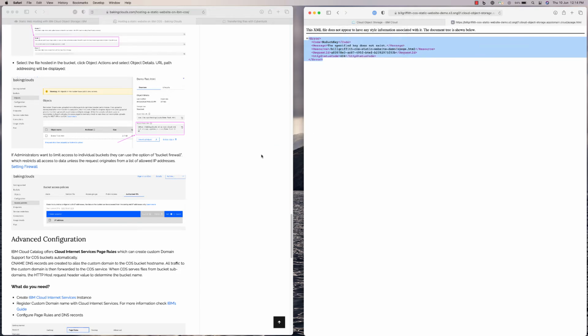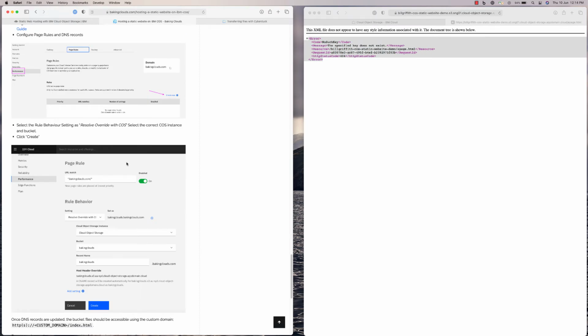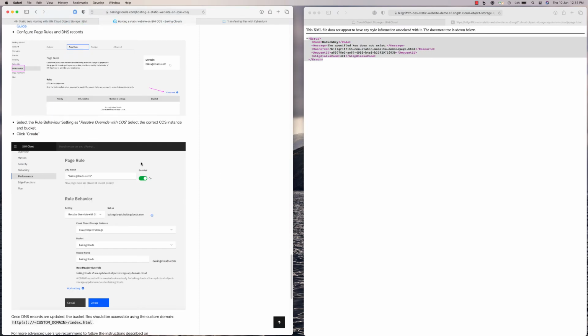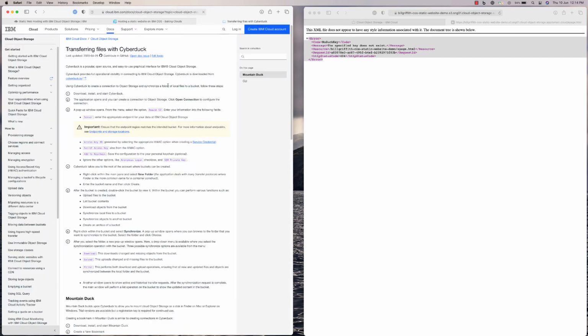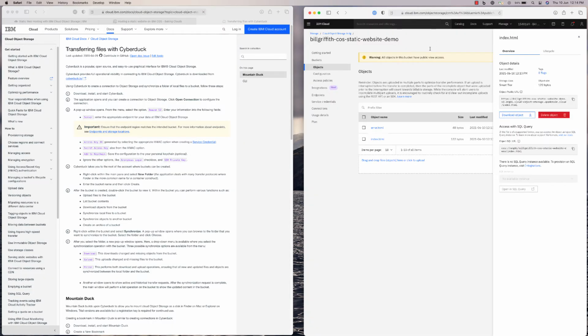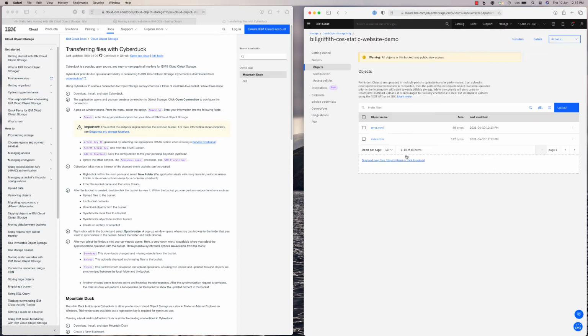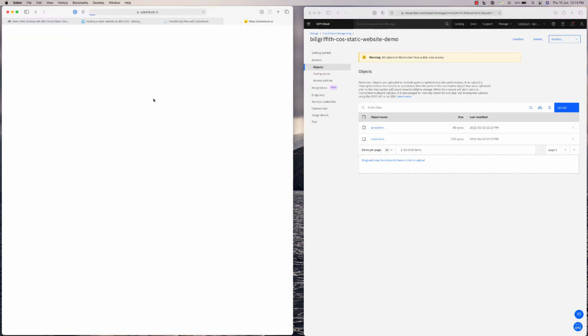Okay? So there are some other advanced rules, DNS, routing, and all those types of things, but I'll leave that for you. Okay, so now let's say that I have these files and I don't want to use this user interface. I want to use an FTP tool like CyberDuck to upload and download files to this bucket. So now I go up here and click CyberDuck,